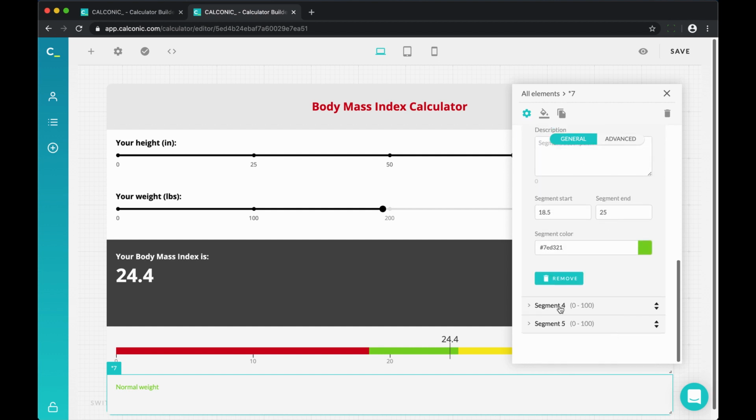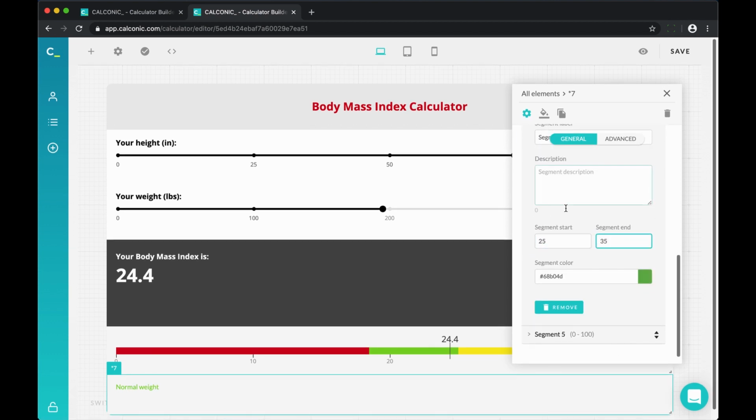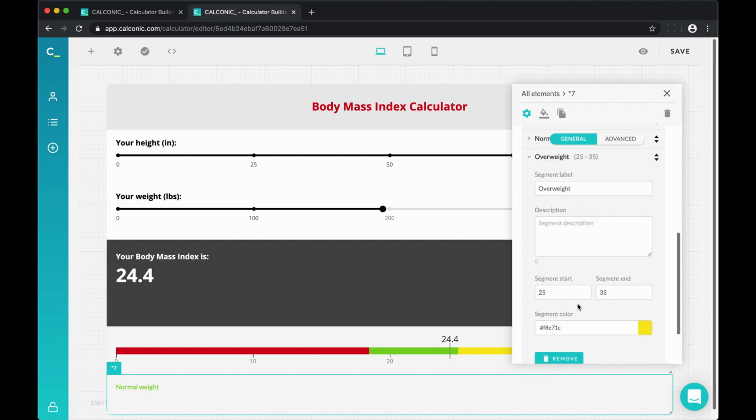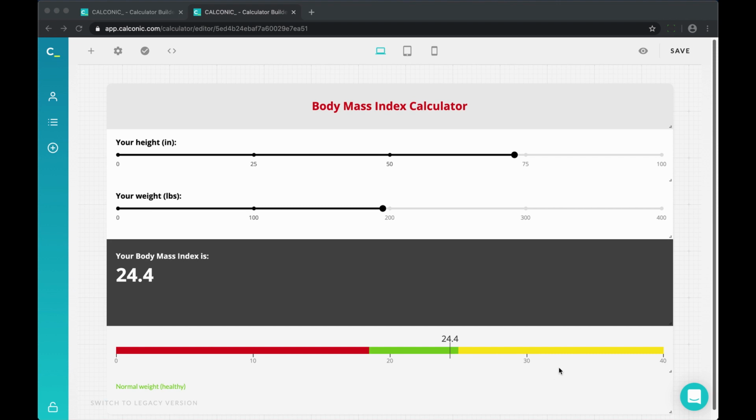Then we'll add the fourth segment, which is from 25 to 35, and it can be considered obese class 1, so it's already overweight, but I'll still mark it as yellow. And then the fifth segment from 35 to 40 is considered obese, very obese, so I'll mark it as red.